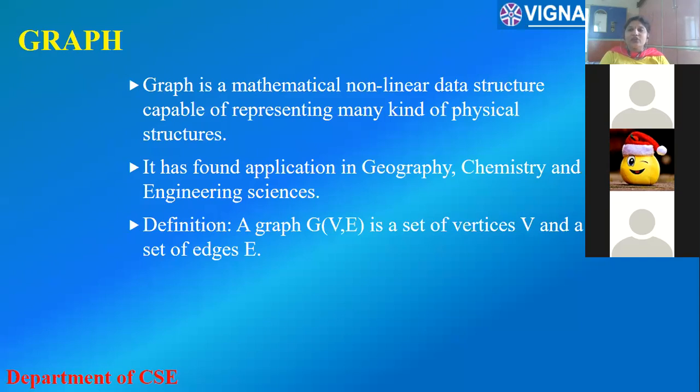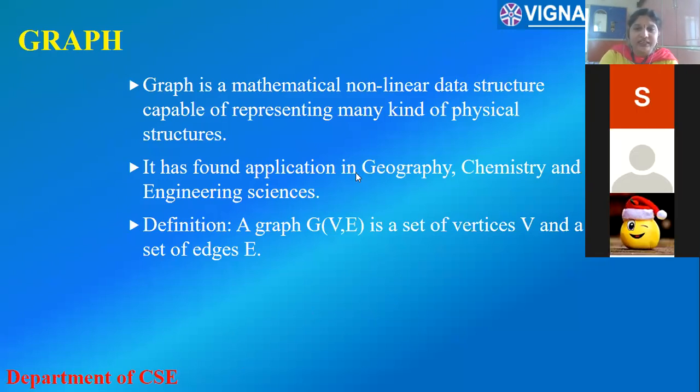Okay. What is the definition of graph? A graph can be defined as an ordered pair V comma E. What is V? V is a set of vertices. What is E? E is a set of edges. Did you understand the definition of graph now? Okay, after that, now we are going to see how the graphs are being written.